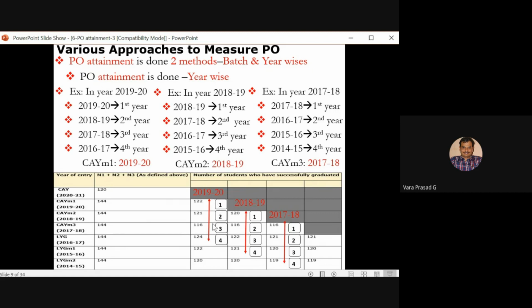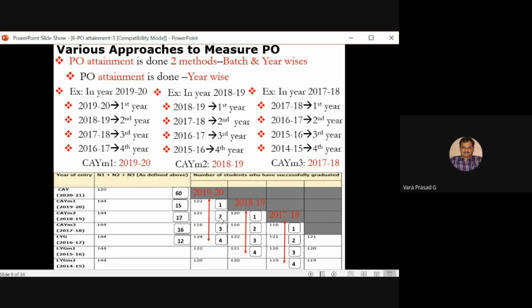While calculating the PO attainments, for example, you take 1920. I'm assuming that in 1920, in the first semester as well as second semester, in the sense odd semester as well as even semester, there are 60 subjects. Let us assume that. In first year, the first and second semesters, those students would have studied 15 subjects.